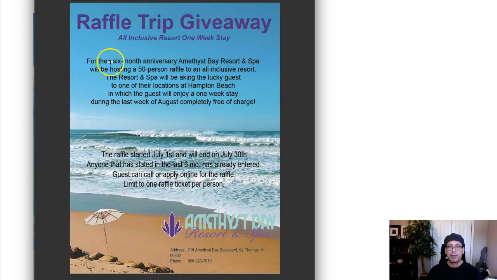So I recommend that you combine these into one paragraph and really condense it. Raffle trip giveaway is a good headline. That's good. You've established a left margin with the placement of this. Let's use that left margin. Let's place that all-inclusive in that left margin. Okay, and increase the type size of the headline a little bit.